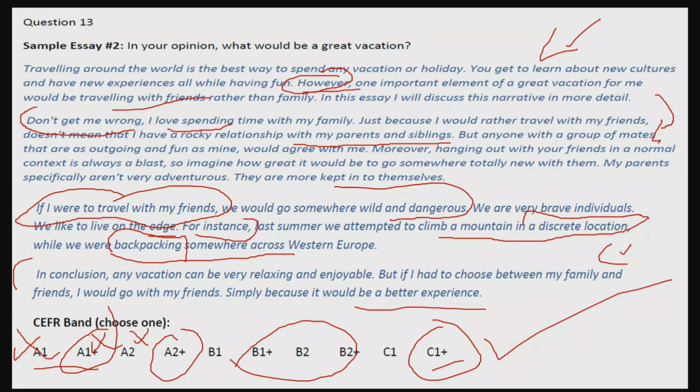So I hope you have learned how to decipher between the levels, how to discriminate and distinguish between the levels and answer the question. Unless and until you have a thorough knowledge of all these descriptors which I showed you in the beginning, you won't be able to answer. The way I tackle this answer and explain each and everything, you can practice doing that with a lot of sample paragraphs. Take them from Google, and if you need any further help, let me know in the comment section.